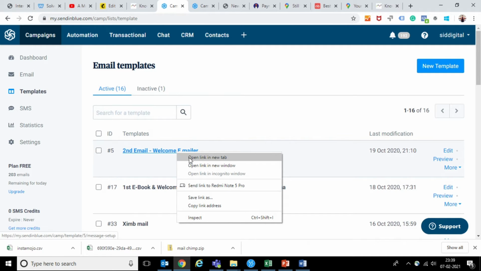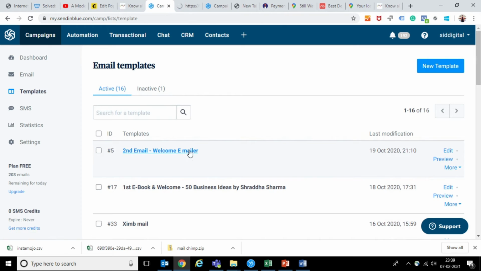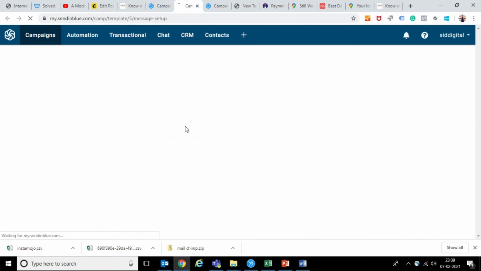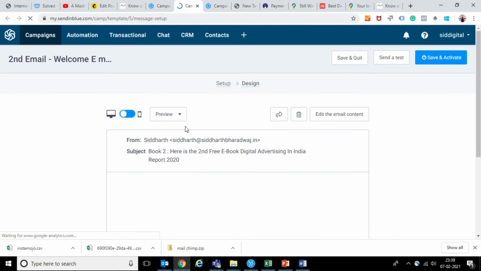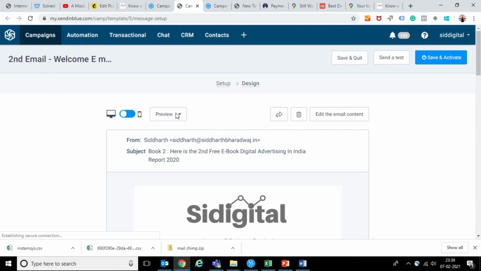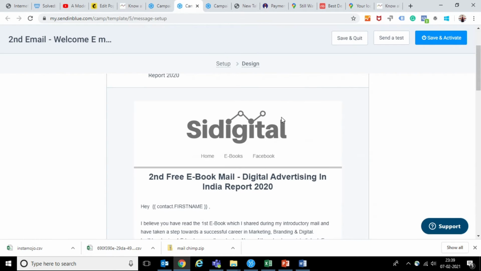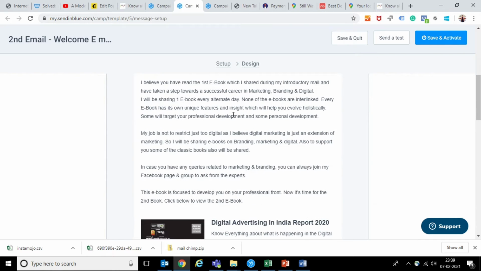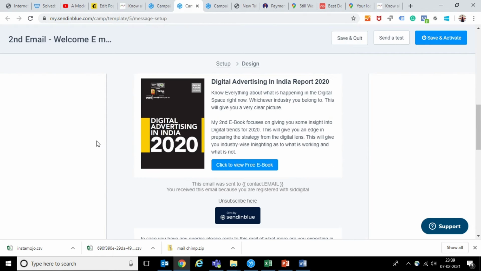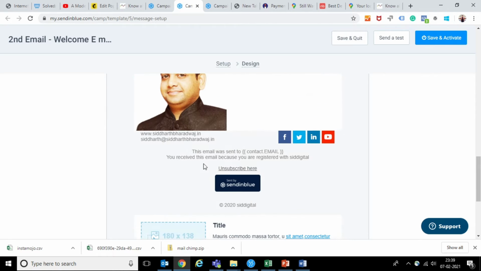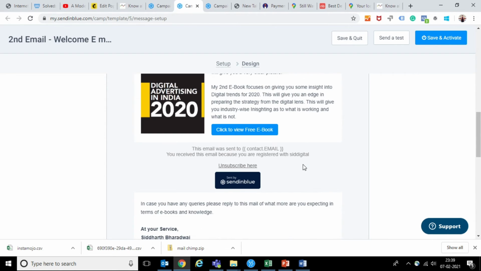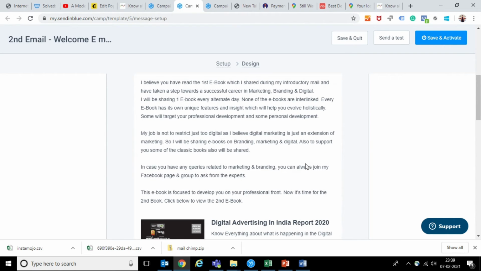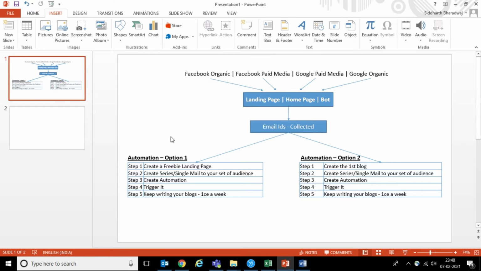So once those emails got created, this was my next step, where, through the various templates that are available on Sendinblue, I created my emails, right? Very detailed email, an image coming in, a click to view, and my photo is there. You have the social links and so on. So a lot of these things can be done. What is the next step?